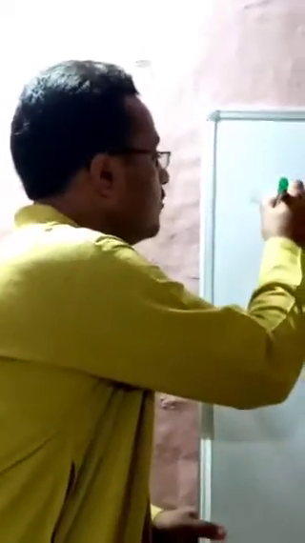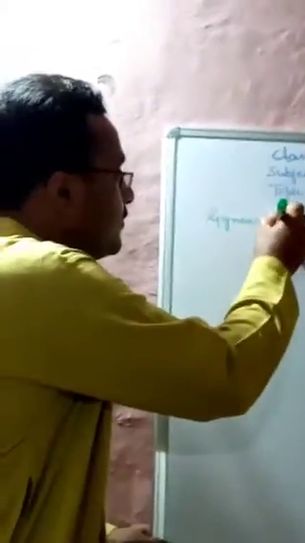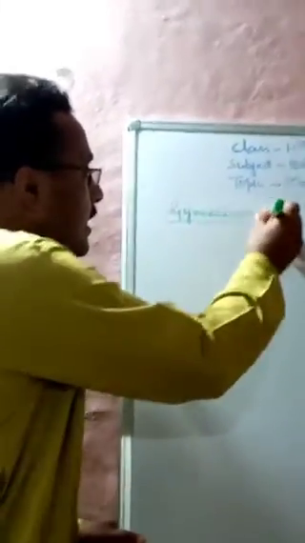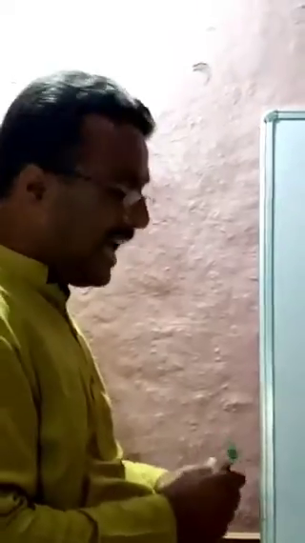In continuation to the morphology of the flower, we have already discussed the three whorls of the flower, and today we are going to discuss the fourth whorl, which is called the gynoecium. This gynoecium is the innermost whorl of the flower,